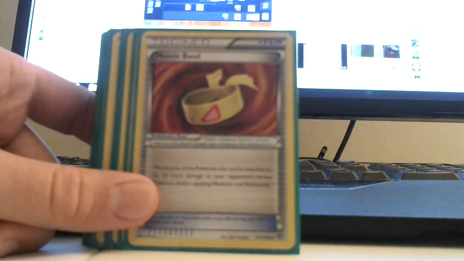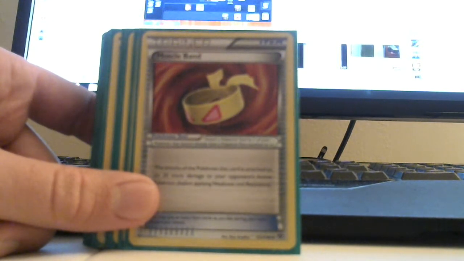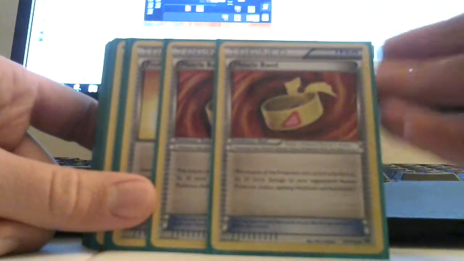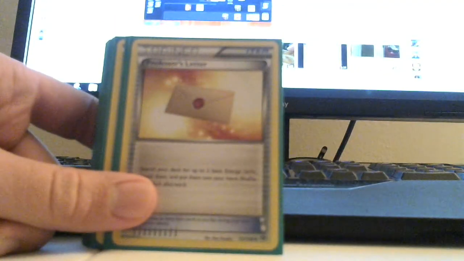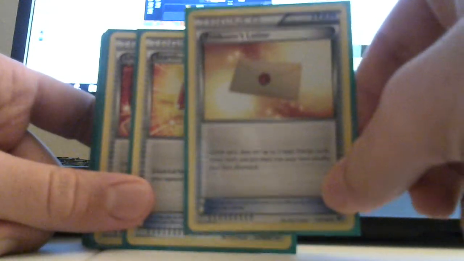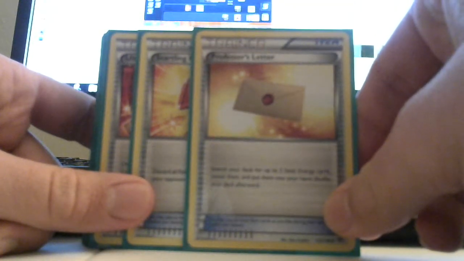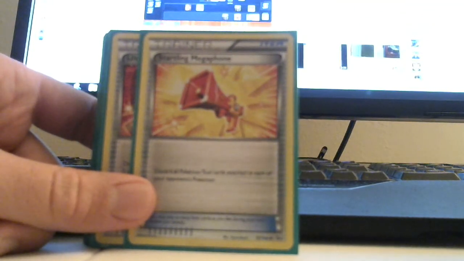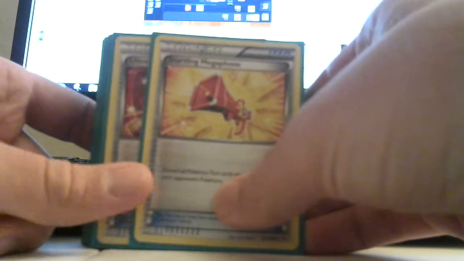And just in case you didn't know, I can move the rainbow energies because they also count as fairy energies. Just in case. 2 Muscle Bands, obviously just for extra damage output. A Professor's Letter. It's really important to never miss an energy attachment in this deck, because you just want to have as much energy as possible on the field to move around to all the Pokemon